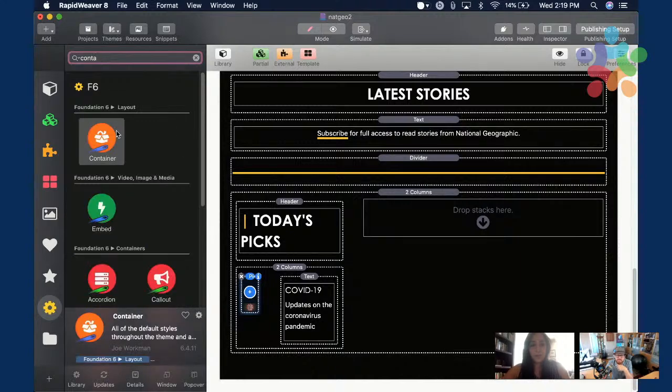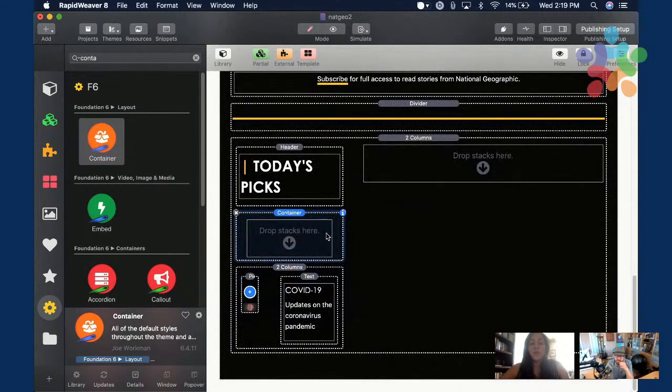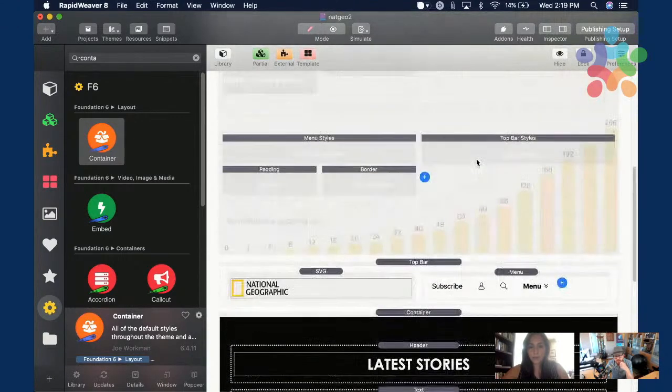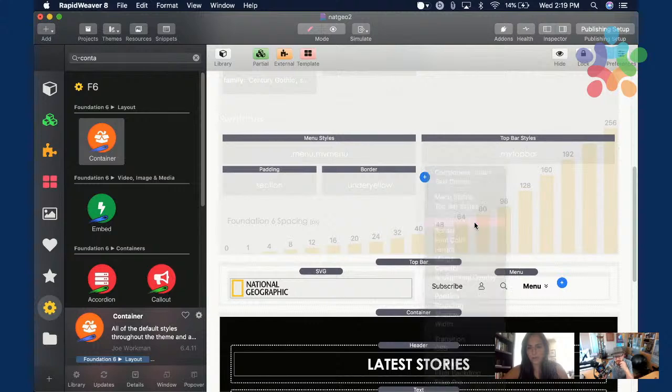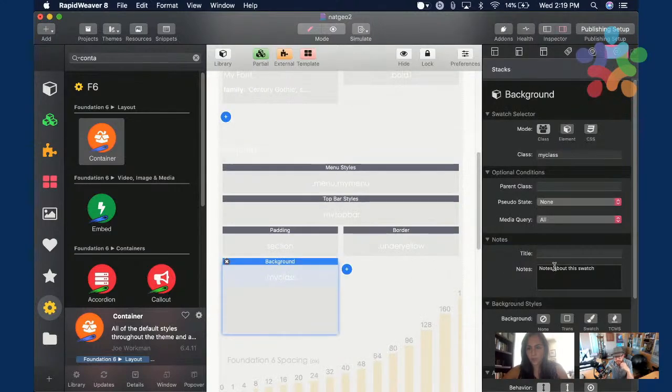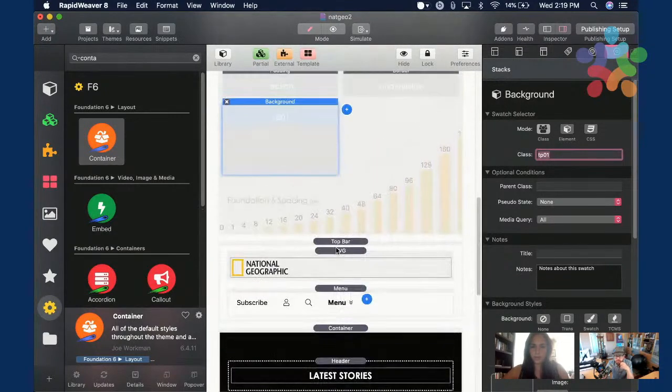So I'm going to use a container with the background image. I'm going to add a swatch for a background image here and call it today's pics 01, so that I remember what it is.